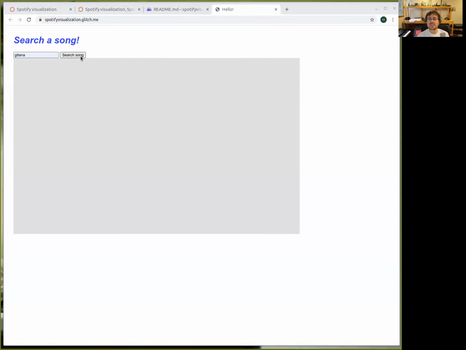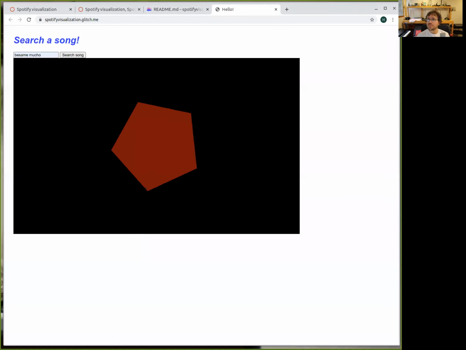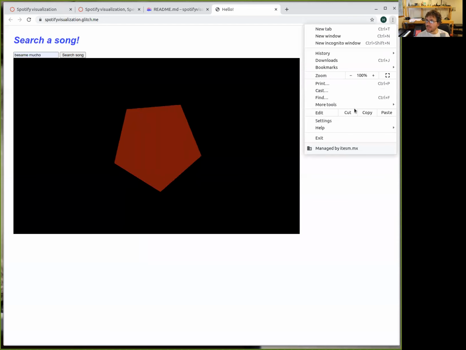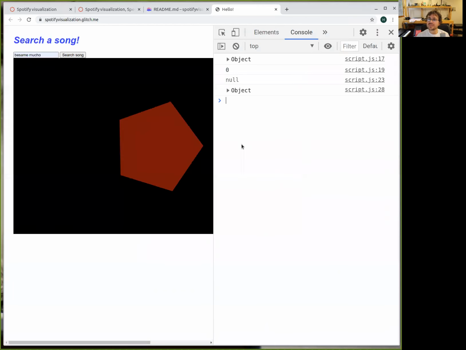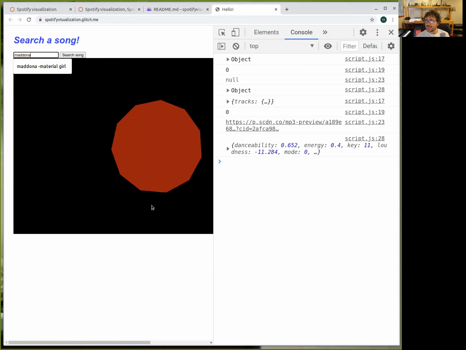So that means I'm not going to search for Gitana, because if I search for Gitana, this is going to happen again. I think it's going to happen with any commercial piece of music, but let's try it with Bésame Mucho. I don't know what's going to happen. Team number one, can you tell me what is going on here, please? Oh, it didn't give us Madonna. Okay, now we have something. Team number one, can you tell us a little bit about this, please?